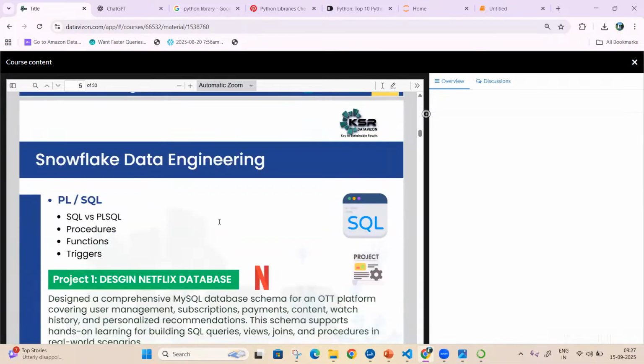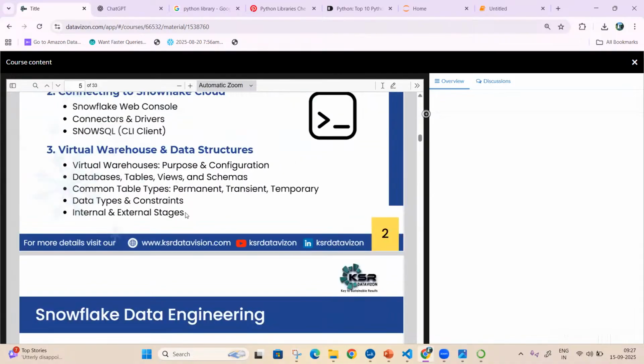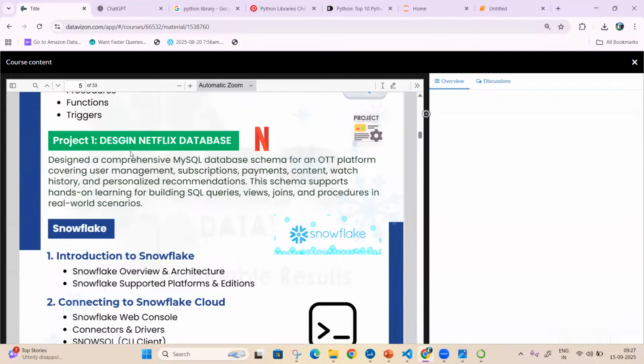Now what happens, right? Inside Snowflake, we'll be doing Snowflake also. We will be learning DBT. We'll be learning Matillion, ADF, AWS. All these things we'll be learning. But if you don't want to go with only coding, then you can learn Snowflake, DBT, Matillion. These are low-code platforms. And since you are working with Power BI, ADF is also one which will be integrating. That will boost your career.